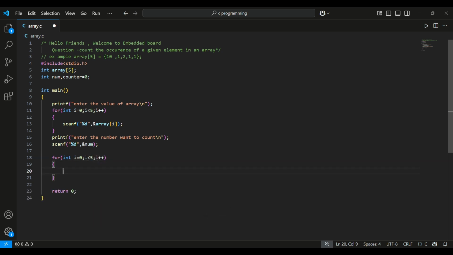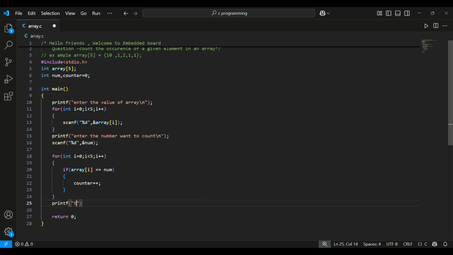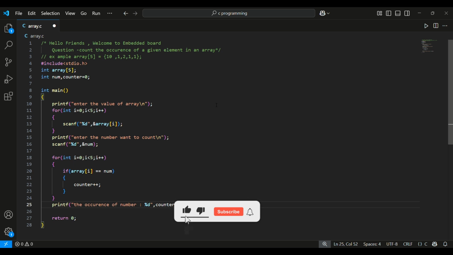For comparison, I am using an if condition: if array[i] is equal to num, and this condition is true, then every time we find a match, we will increase the counter by 1, so counter plus plus. As the for loop executes completely, in the next line we are going to printf the occurrence of the number with %d, and print the value we have saved in the counter variable.